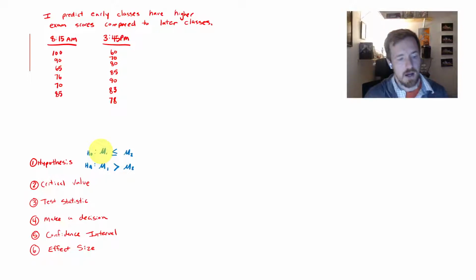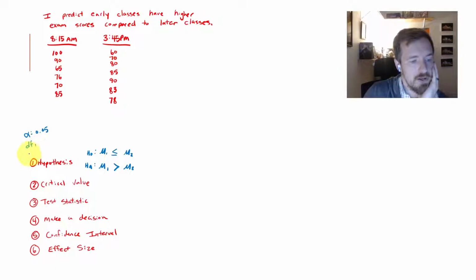We're making good time. What about the critical value? So what do we need for the critical value? Do you remember? What was it that we needed? We needed the alpha value, which is going to be 0.05. It always is. And we need the degrees of freedom for 1 and for 2. Remember? Because this is a little bit different now. So we need the degrees of freedom for both. So I'm looking up here. That's 1, 2, 3, 4, 5, 6. 6 people. 6 minus 1 is equal to 5. Here, 1, 2, 3, 4, 5, 6, 7. 7 minus 1 is equal to 6.